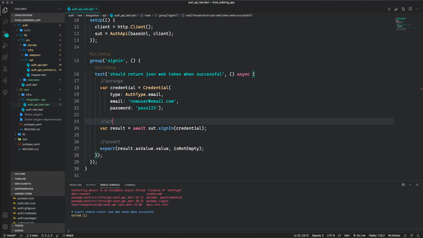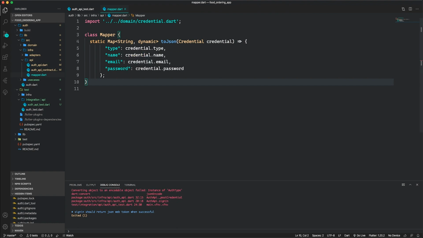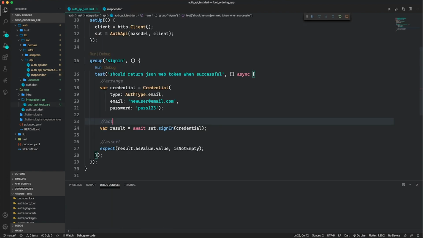As you can see, I am getting an error here that says encodable object fail, and I think I know where the issue is. It's right here in my mapper. This should be of type auth type, because that is what is expected by the server when it is looking through the parameters for the authentication type. So again, if I go ahead and run this again,